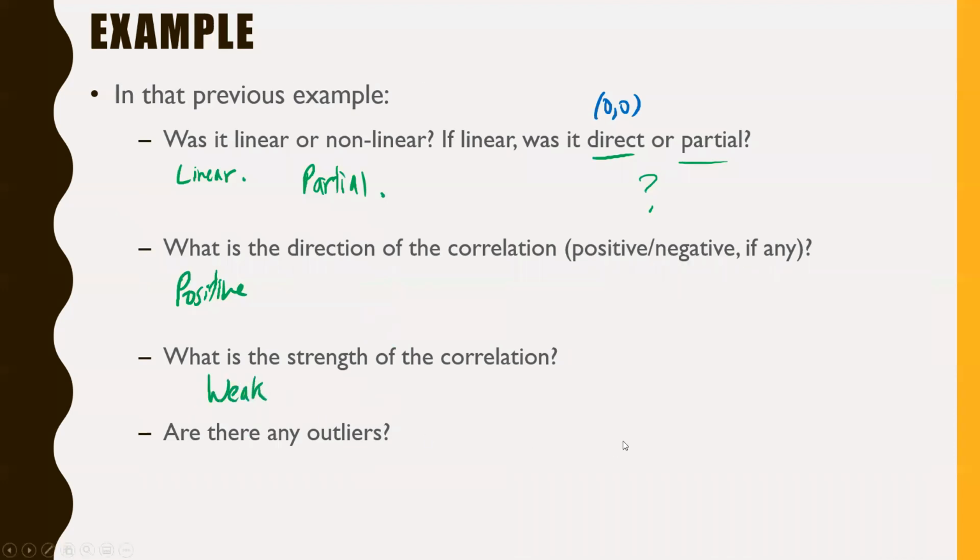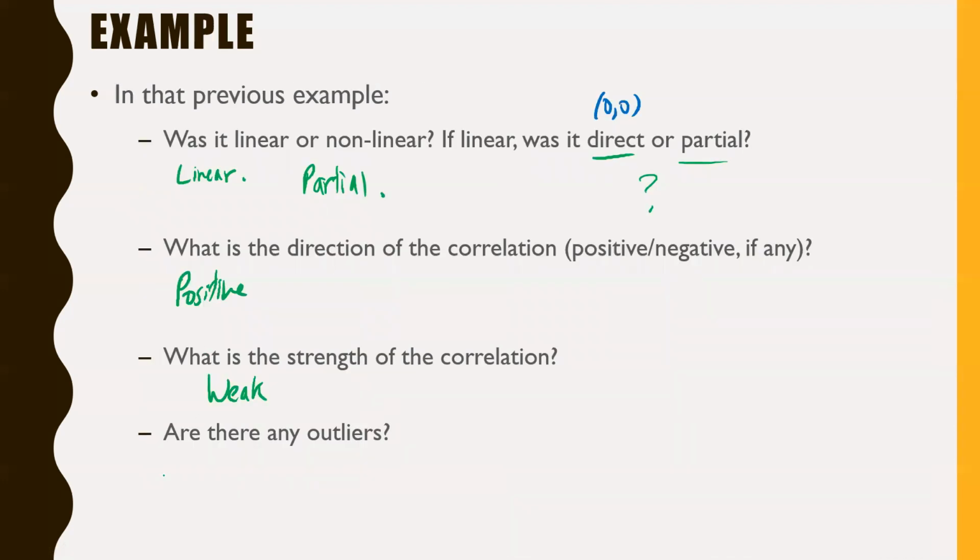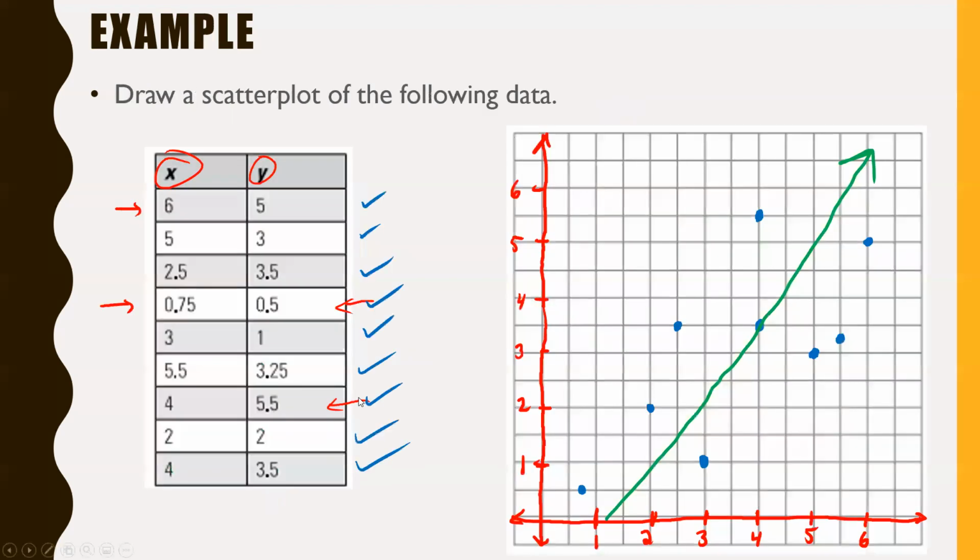And then last, are there any outliers? It depends on how loose you want to be in saying what an outlier is here. I would say there's a lot of outliers, or there's just none at all. Just to save us time, I'm going to say not really. I wouldn't say there's any real outliers, but there is weak correlation, which makes most of those kind